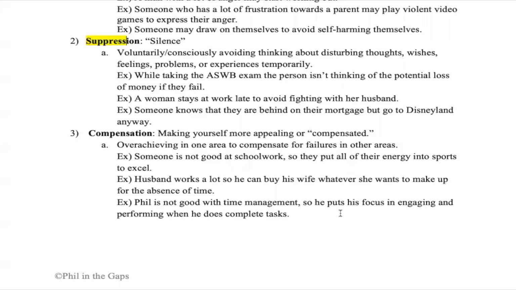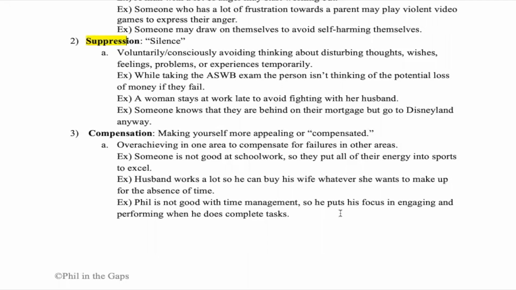Regression, key emphasis on regress, because they are going to regress or go back to previously appropriate developmental behaviors, while suppression is where somebody is going to silence something voluntarily,